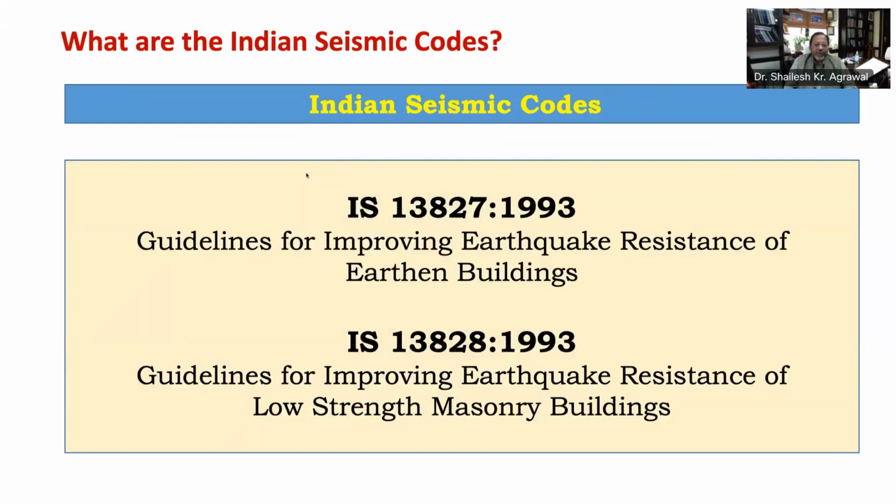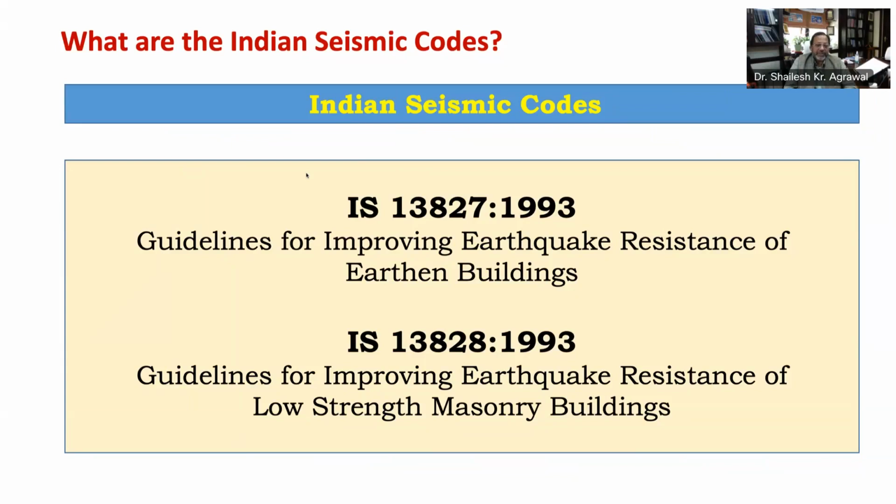Guidelines in IS 13827 deal with empirical design and construction aspects for improving earthquake resistance of earthen houses, and those in IS 13828 with general principles of design and special consideration features for improving earthquake resistance of buildings of low strength masonry. This masonry includes burnt clay brick or stone masonry in weak mortars like clay mud. These standards are applicable in seismic zones 3, 4, and 5.